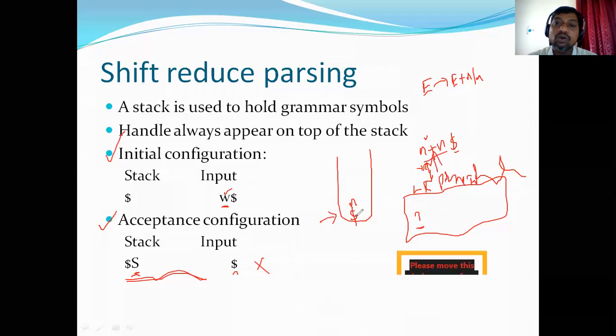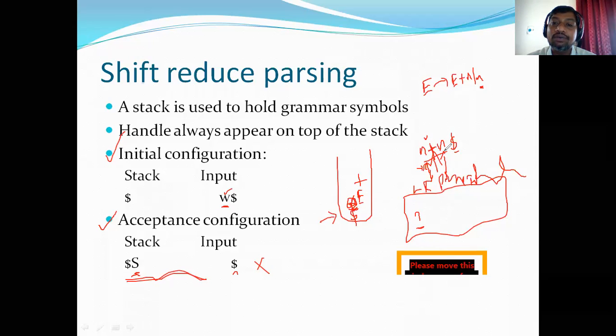If that is the case, this n can be reduced to e, because of the second production rule. So what I'm doing here is popping off this n and reducing it to e. I have applied the second rule. Now after this reduction, let me shift some more items. The plus is the next input symbol. Insert plus onto the stack. Now advance your read head.